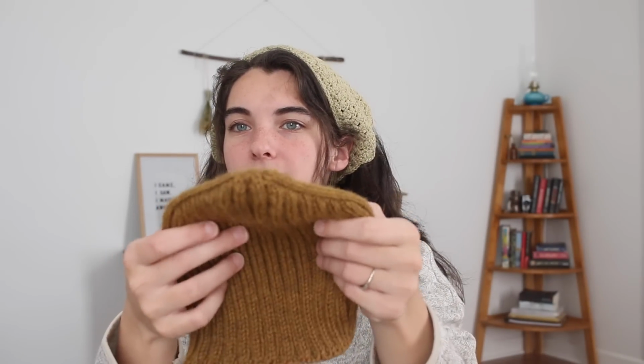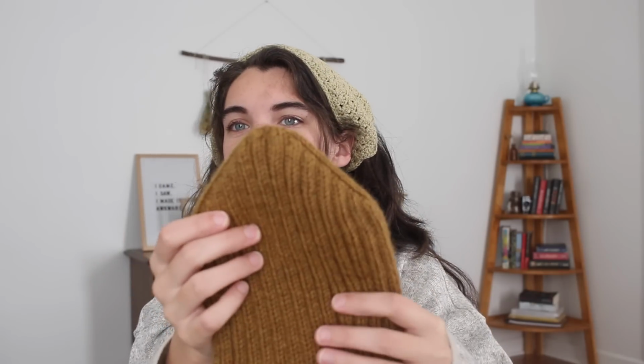You start from the top, which was fun. I did the same cast on construction for the beret, and so it was kind of fresh-ish in my mind because I did knit the beret quite a few months ago. But yeah, I enjoyed this. You do all the fun stuff first, like the increases to create this fun little pointy shape,